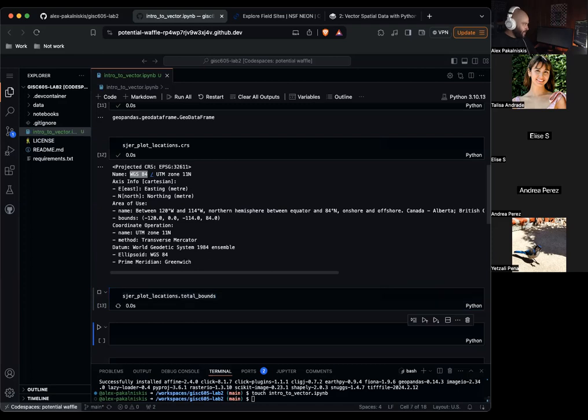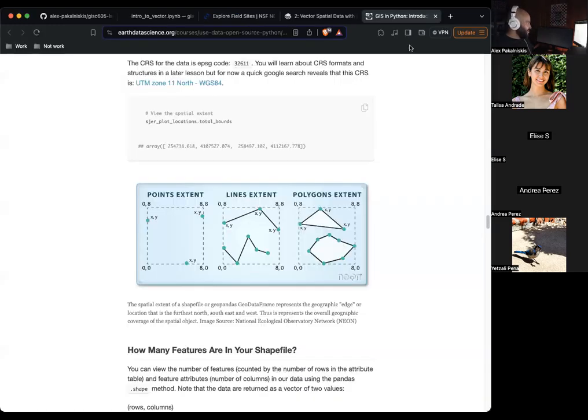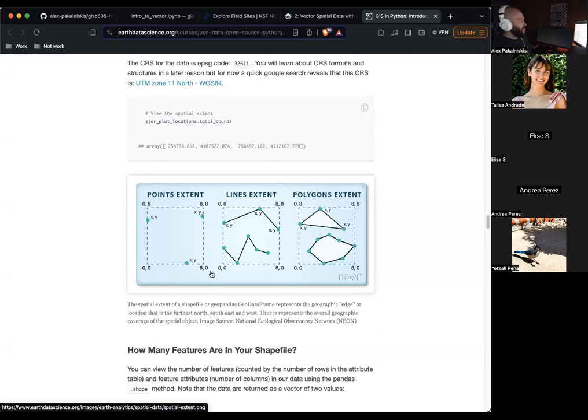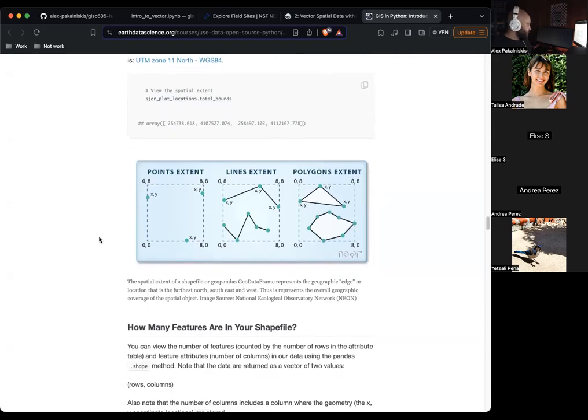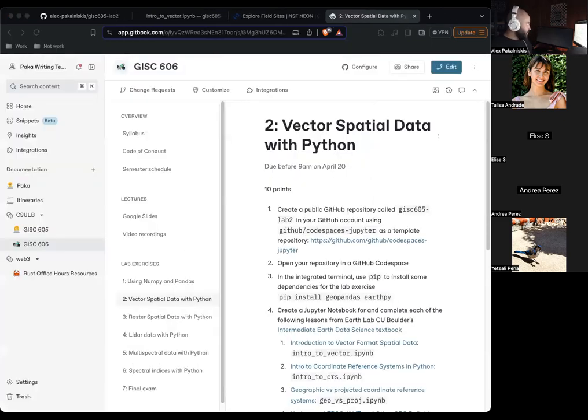Another one that you might encounter is total bounds. And this is really just a numerical definition of the outer extent of this data set. If we look at the lecture or the Colorado resource, we can see the total bounds described here as the square that can encompass all items contained within the data set. So the edge, the furthest north, south, east, and west. Cool.